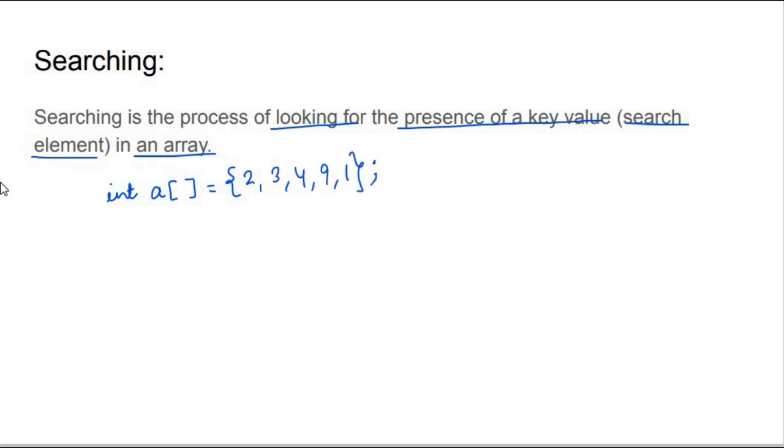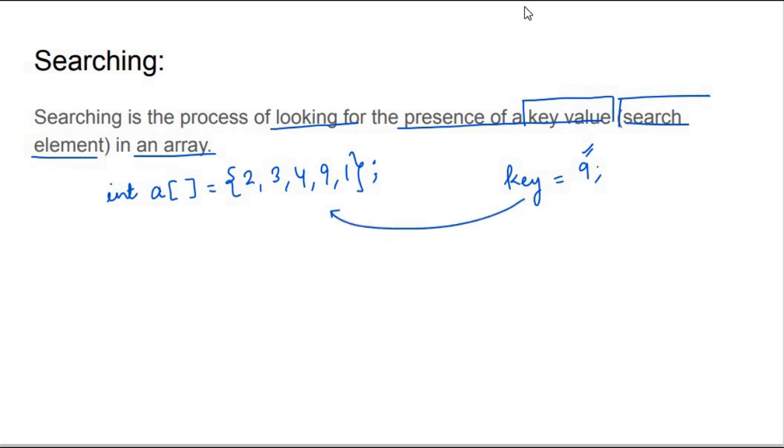This is my array, and now I want to look for the presence of, say, element 9, whether 9 is present in this array or not. So I am looking for the presence of a key value, which is also known as search element. My key value or search element will be this 9, because I am looking for whether 9 is present in the array or not.